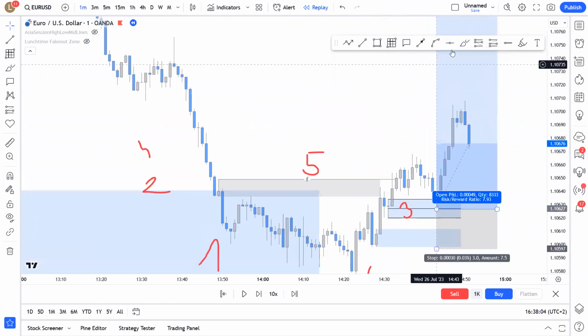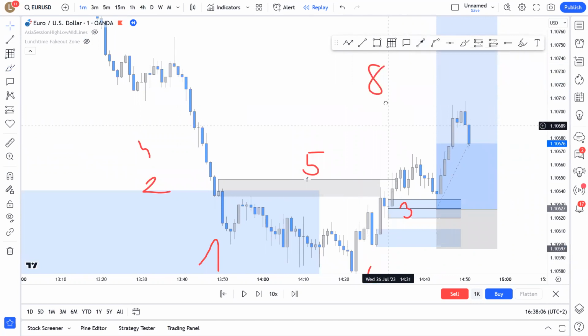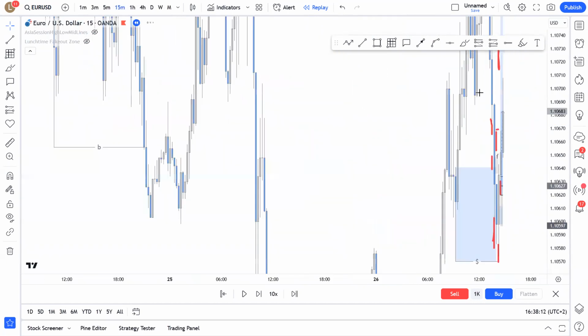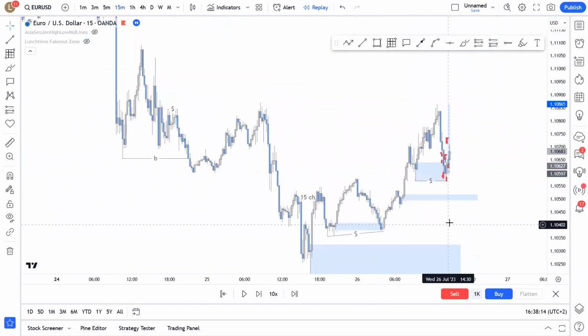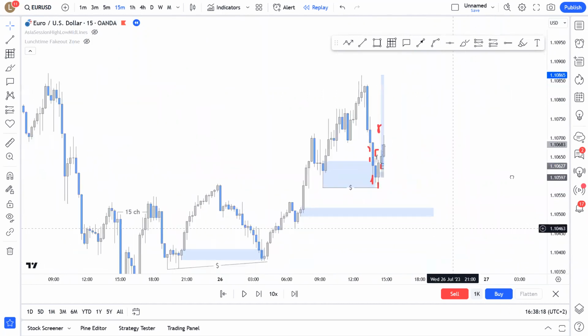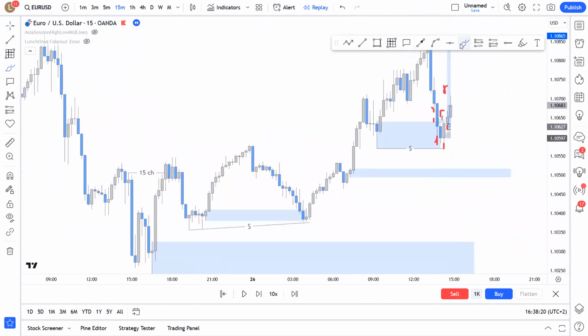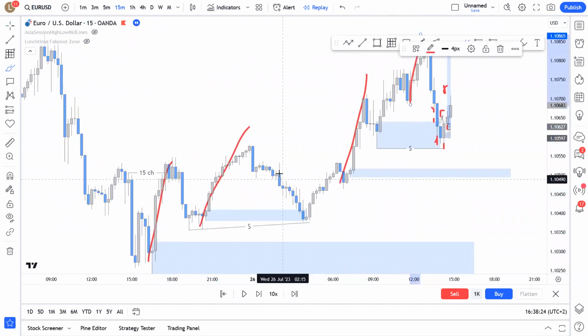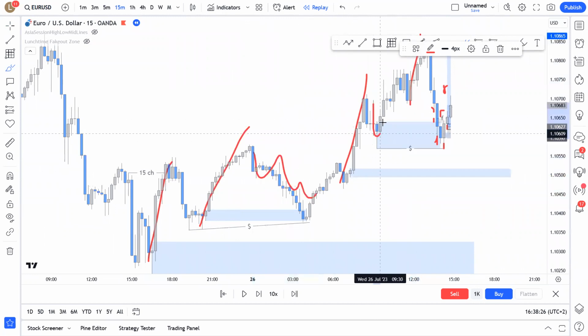8th criteria. No, actually, I would write it here. So that was the 8th criteria. 9th criteria was the corrective pullback strong pro. Basically, I just used this criteria because on the 50-minute time frame, we had really nice bullish movements to the upside, and basically the bearish movements were pretty corrective. So these bullish movements were actually strong, and the bearish movements were pretty corrective all the way down to the